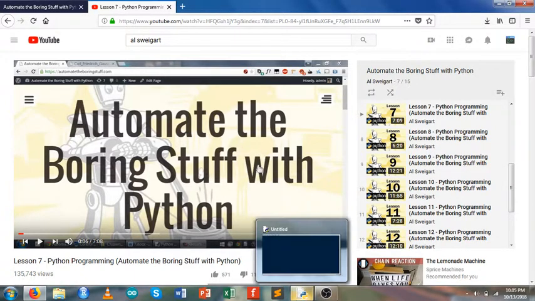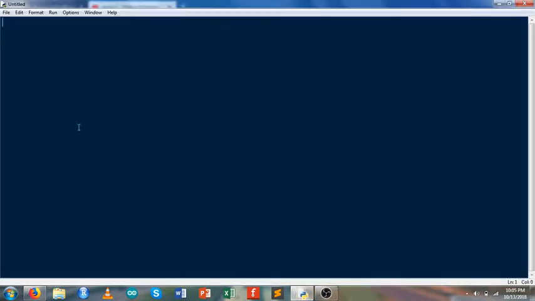So open your IDLE in here. In the last video I used Sublime Text, but I was gonna use the CMD, not the IDLE. So type in CMD for i in range